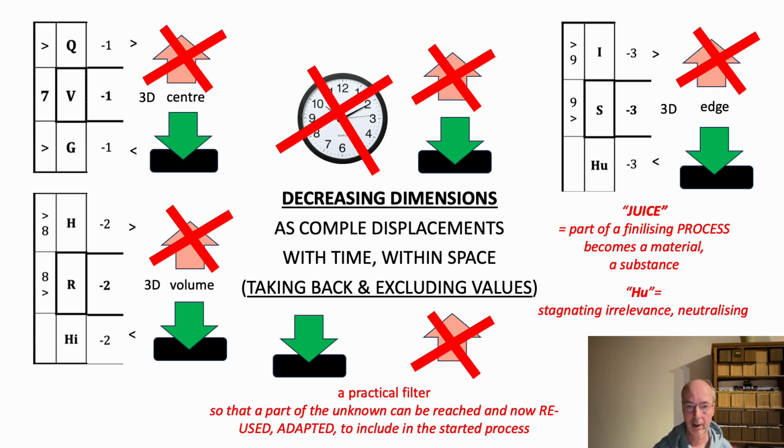Another good example is the last sound of the whole series, which is H. It takes 3 dimensions back. What does that mean? The 3 extra dimensions are those that take an extra time, take an extra process, and so on. It makes it more and more complex, and the H takes that back. So it says, okay, this whole process where you say someday you will find this, and someday you will get to this, I had enough of this. Go back to reality. This I understand. This I have, and all the rest is nonsense.